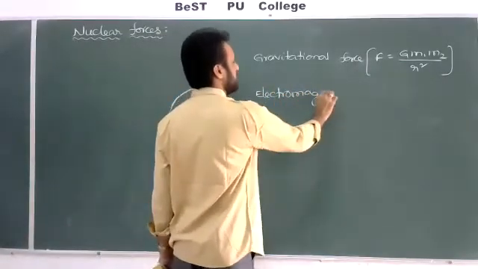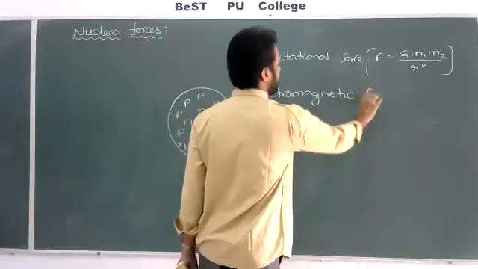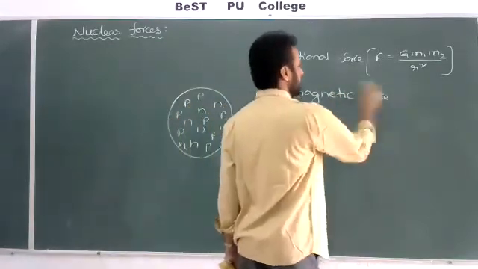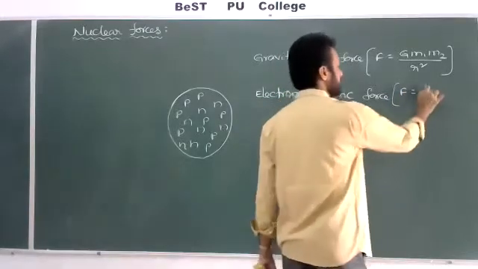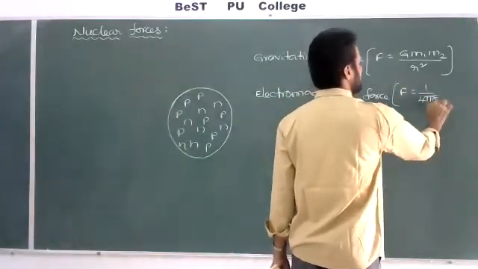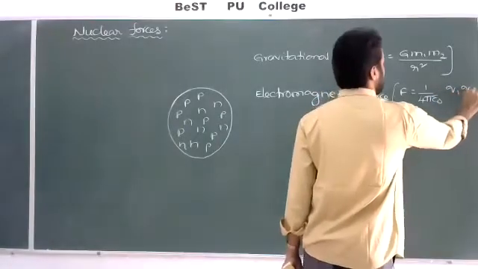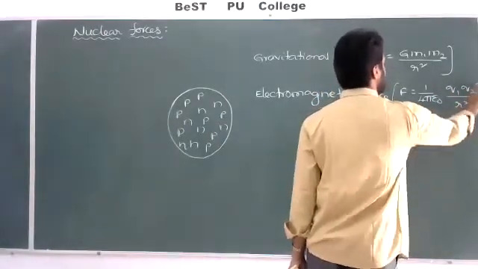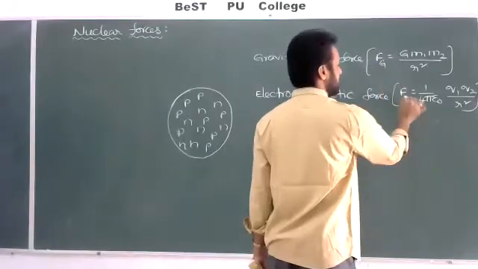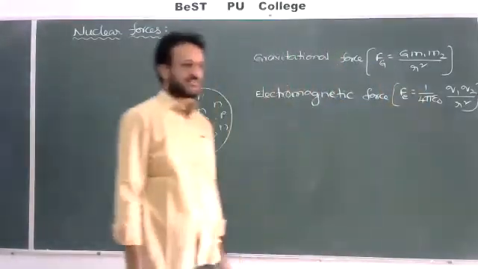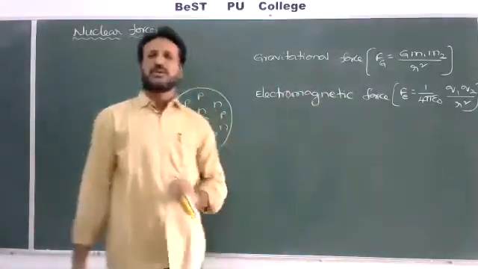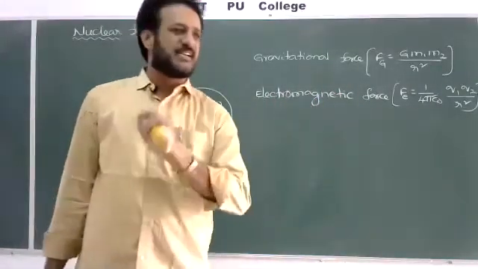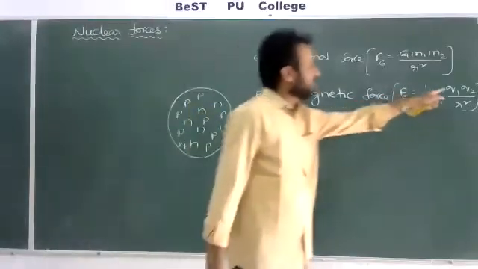Electromagnetic force is also one of the basic or fundamental forces. We know the formula for electrostatic force: F is equal to 1 by 4 pi epsilon naught into Q1 Q2 by R square. Is that Coulomb's inverse square law? It is like the gravitational force. It is equal to electrostatic or electromagnetic force. Generally, electromagnetic or electrostatic force only acts between two charged particles, correct? Here Q1 and Q2 both are charges.